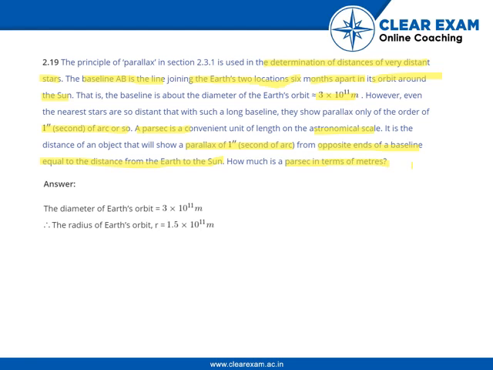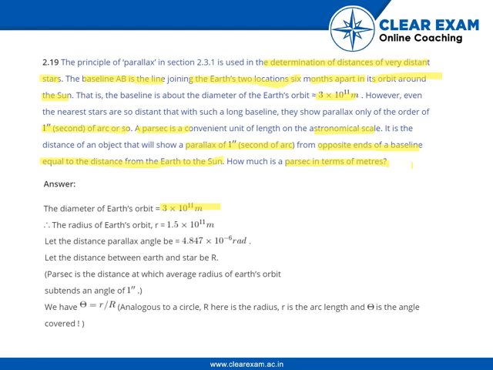So let's solve this. As we know, the diameter of Earth's orbit is 3 × 10^11 meters. So the radius would be half of it, that is 1.5 × 10^11 meters. Let the parallax angle be 4.847 × 10^-6 rad, and the distance between Earth and star be R. Parsec is the distance at which the average radius of Earth's orbit subtends an angle of 1